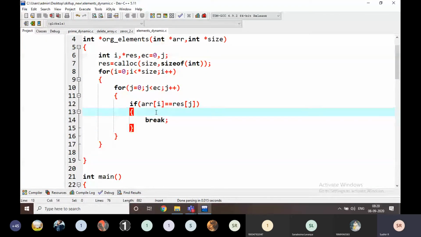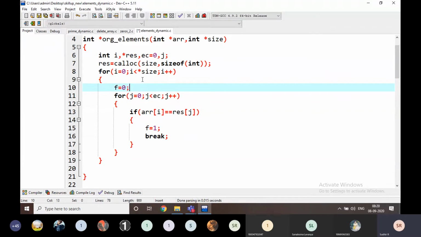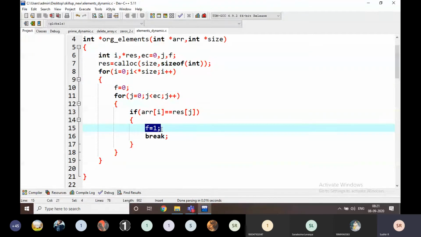I am going to take one more variable, that is flag. Flag is equal to 0 here. For every element I am going to take a flag as 0, and if the element is found, then I am going to set flag is equal to 1.